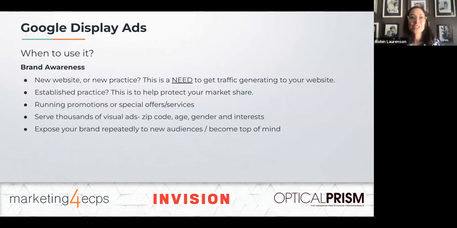Okay, so number 2, we're going to talk about Google display ads. What are Google display ads? These are basically the commercials that we see on the internet. So if you're browsing your favorite website, whether maybe it's like the Weather Channel or a news website, these are the visual ads that pop up targeting you for specific services. I mean, you'll see them everywhere. You'll see them practically on every single website because the Google Display Network owns over 2 million websites. Okay, so these ads run on there all day long.